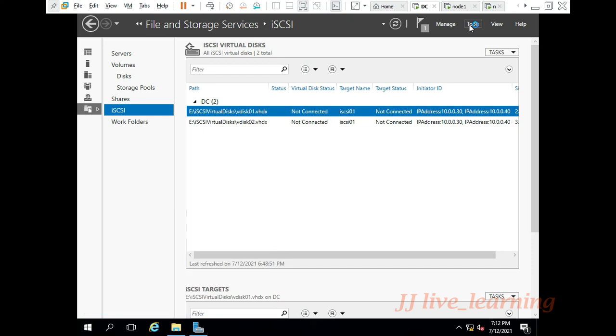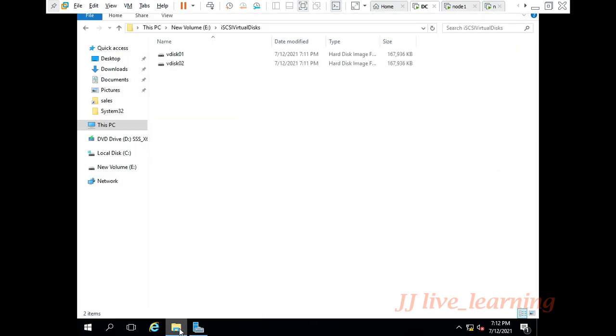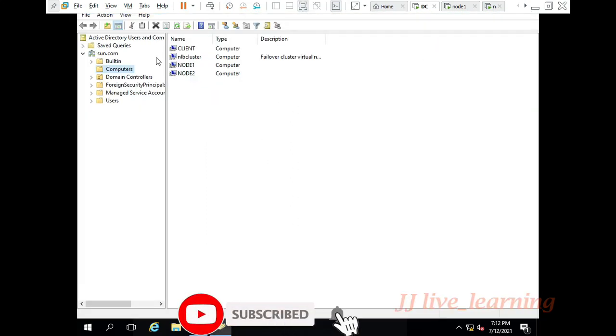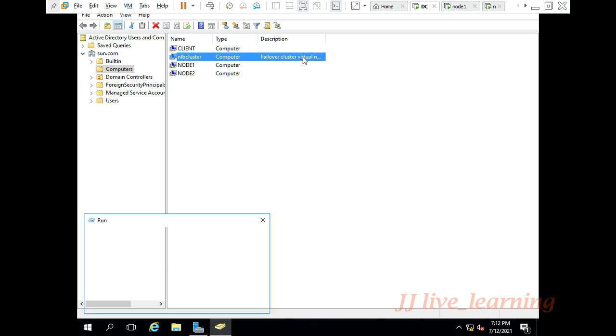Now come to DC. You can check the entries of your node 1 and node 2 as well as cluster information. Just go to Active Directory Users and Computers. So it shows your NLB cluster information. That is, we created a link between your node 1 and 2, and that information will be shared here.